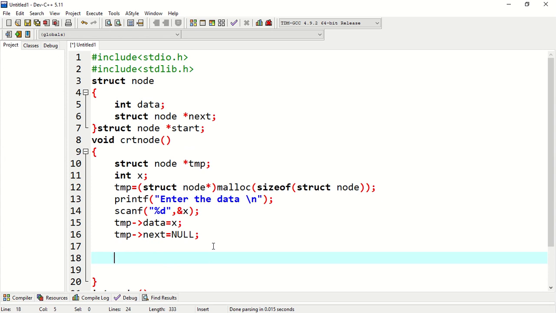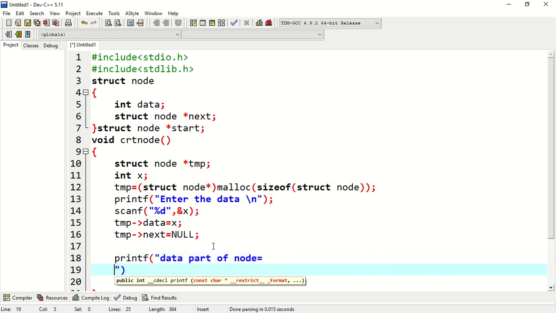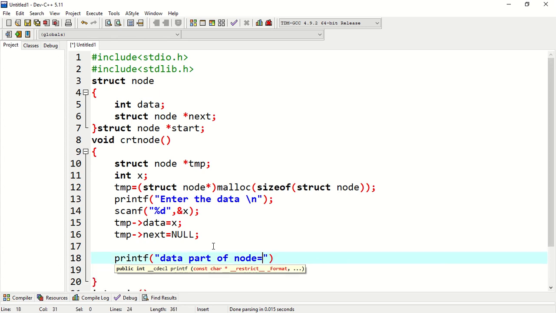So printf "data part of node is equals to percent d", comma temp arrow data.